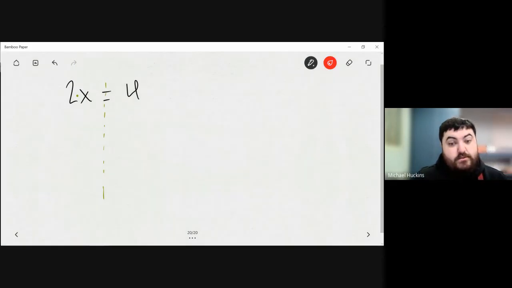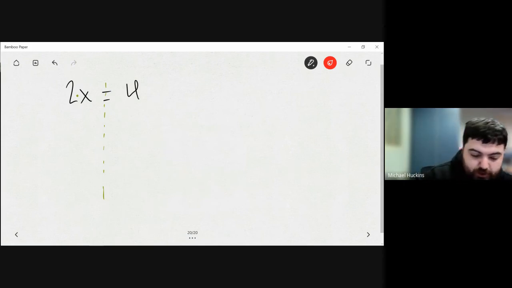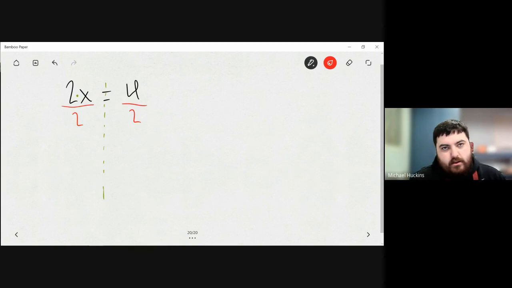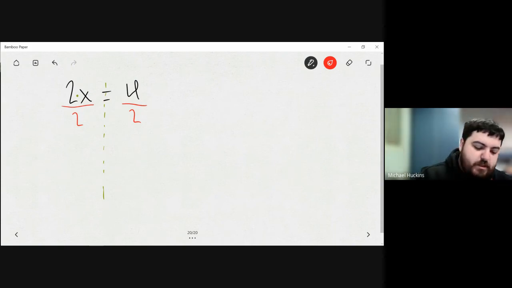Now, for our actual step, the inverse operation of multiplication is division, so we are going to divide. With division, I always use a fraction notation. It provides more clarity with what is actually being divided, and will be very useful later on to stay consistent with this notation. But the same principle applies. 2 times x divided by 2. I can divide my coefficient since they're part of the same term. 2 divided by 2 is 1, so effectively this